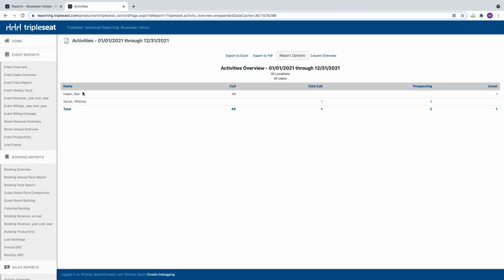And then on screen, it's going to pull your sales managers and give you a raw number of how many tasks they completed for each category. These categories are defined by you. So these can be set up in settings, which I will show you shortly. So whatever terms you use in terms of tracking sales activity, you can set up in Tripleseat to match however you want to report on it,